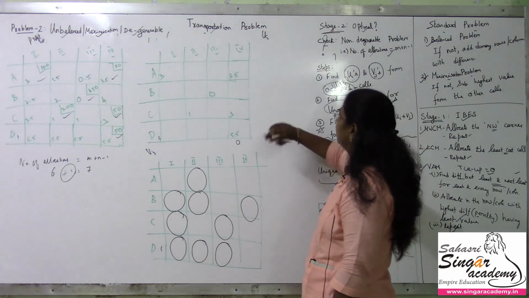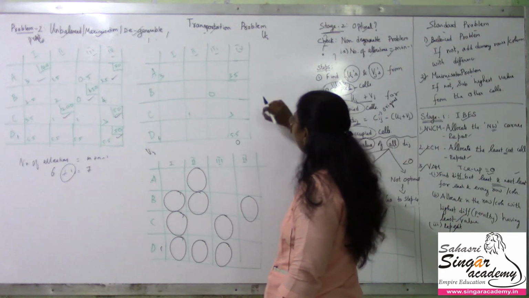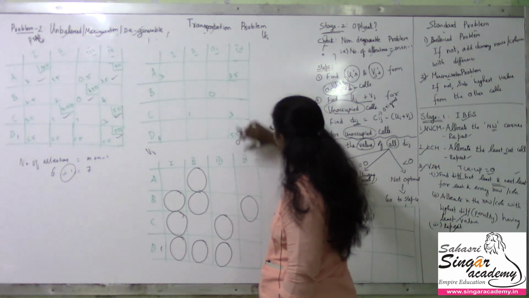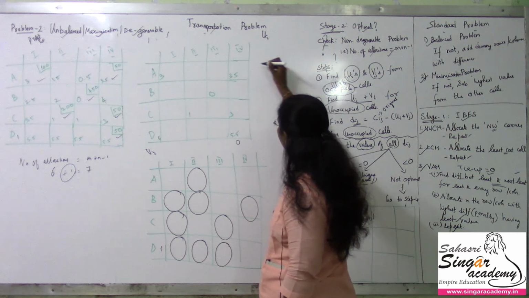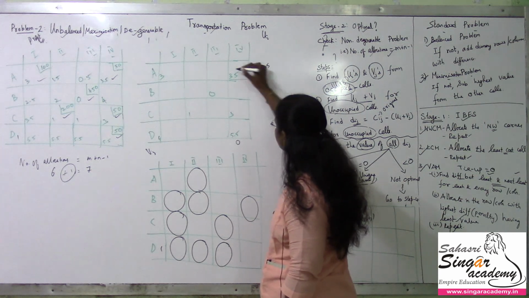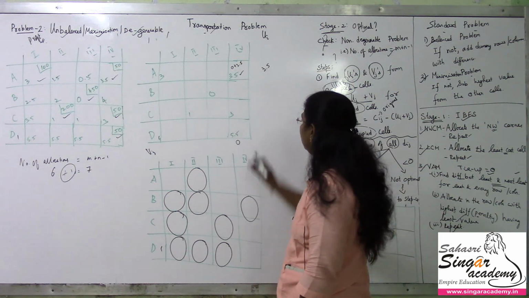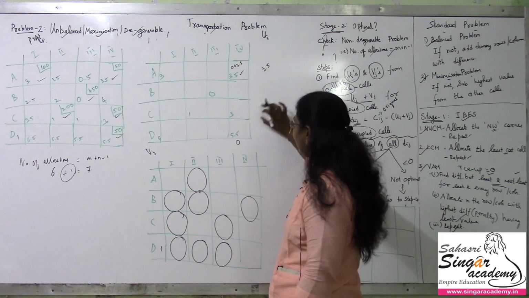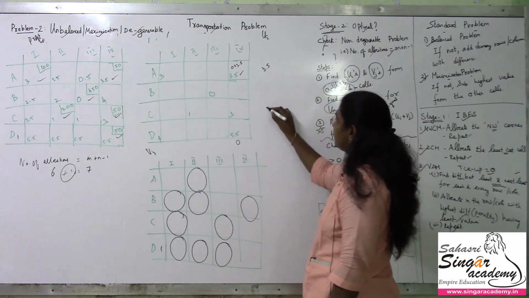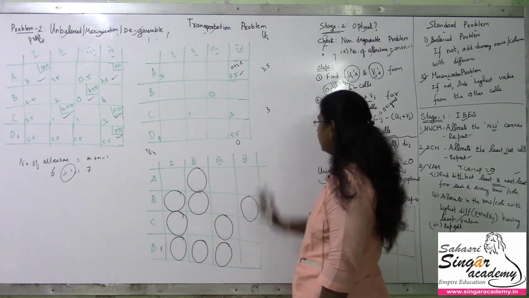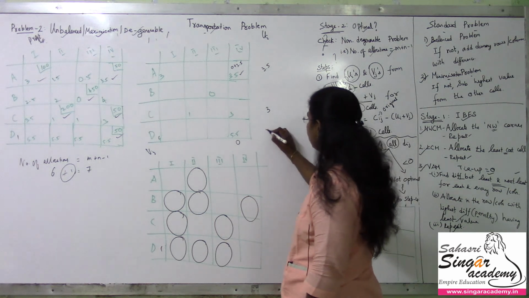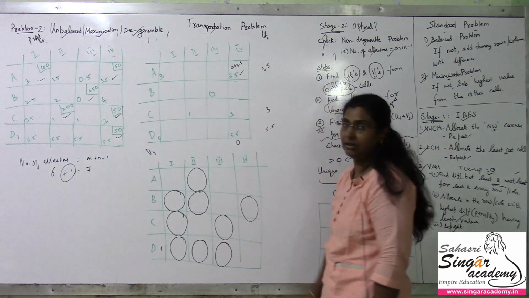So let's check. This one, B4, is 0. If you add, you have to get 3.5. So 0 plus 3.5 will be 3.5. Yes, you're getting it. Here I cannot do anything because there is no value, so I can do it here. I can take this value as 3. So 0 plus 3 is 3. Yes, done. Here it is 5.5, so I take 5.5 directly. Here it is done.